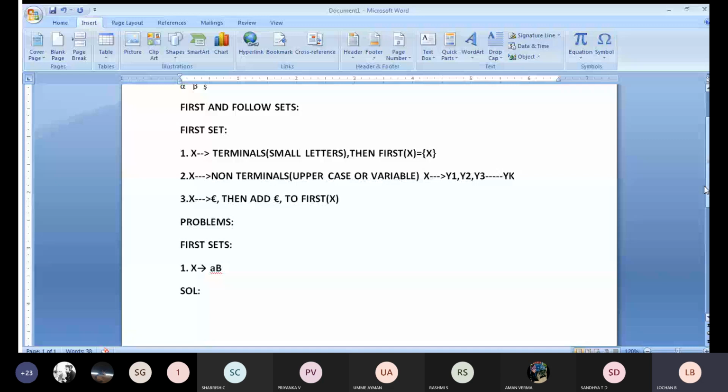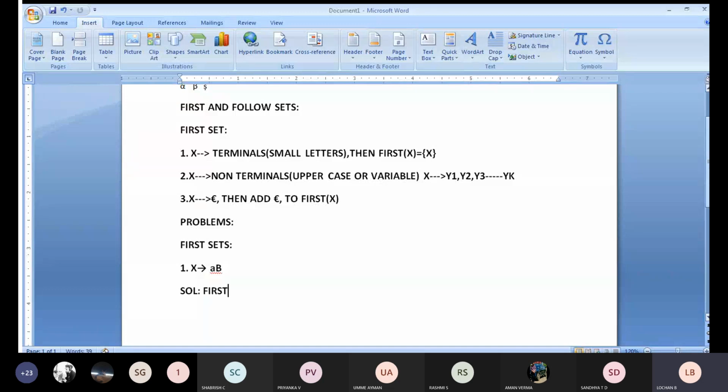Observe here. This is very important from your examination point of view as well as your lab exam point of view also. One program we will be applying is first and follow. Whenever we need to calculate the first set, we need to apply three steps. We check if there is a terminal, we write it as it is. If there is a non-terminal, we need to make some calculation, which I'll explain. If it is an epsilon, we need to add epsilon to the first set. So three points will be there. Whenever you get the first term, it may be a terminal, a non-terminal, or epsilon. These are the various cases we will be getting.